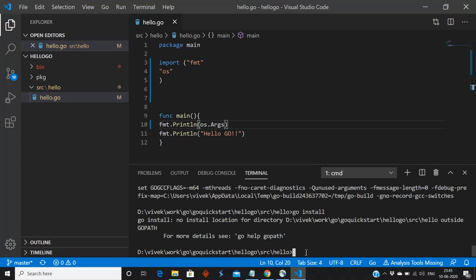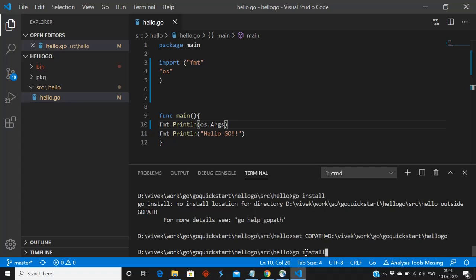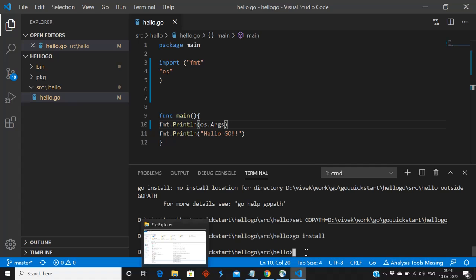So we are going to temporarily set the GOPATH. Set GOPATH equal to the current project root path, D:\Vivek\work\go\quickstart\hello go. Now let me run go install again.